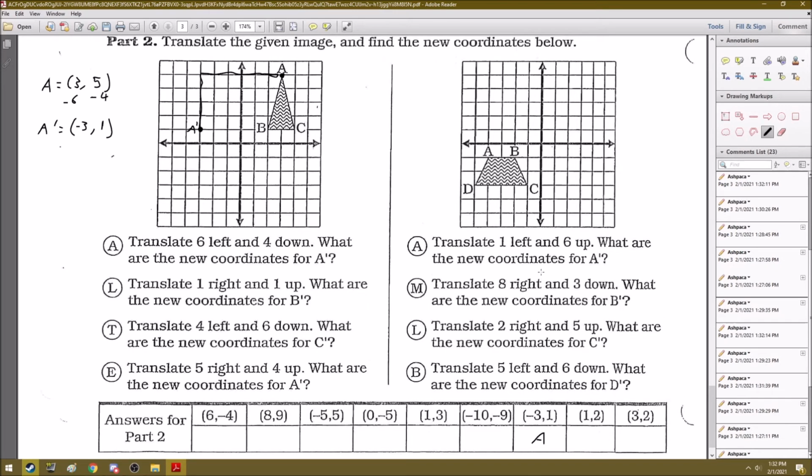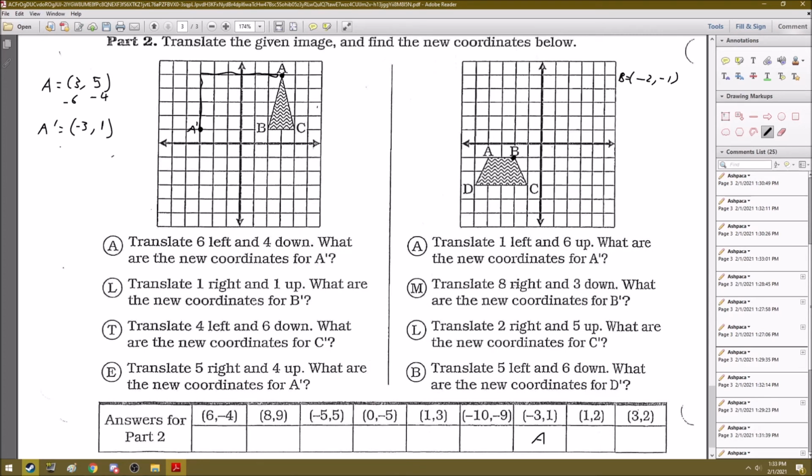Alright, and let's do one for this shape. So let's do the M. So the M says translate 8 to the right and down 3. What are the new coordinates for B, or B prime? So B starts right here, and that's going to be at -2, -1. So that's what B equals. And B prime, we just want to